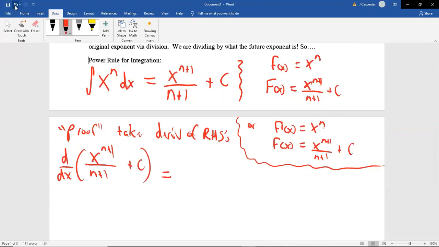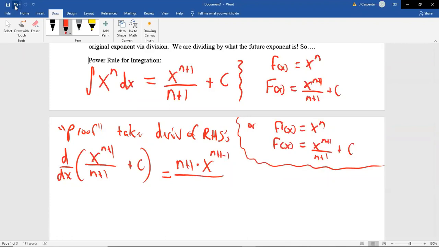Well, derivative means take the exponent, drop it down. This n is not an x and this is not a variable. These are representing numbers. There's no implicit differentiation here. These are numbers. So we drop the n plus 1 down in front. Then we have to multiply that by the x. We're going to decrease the exponent, n plus 1 minus 1,